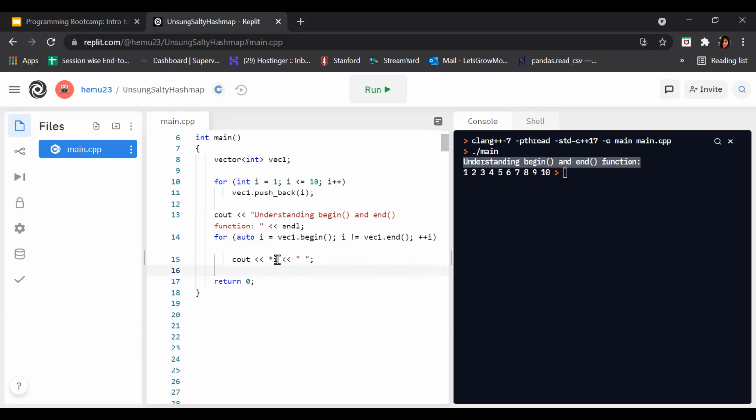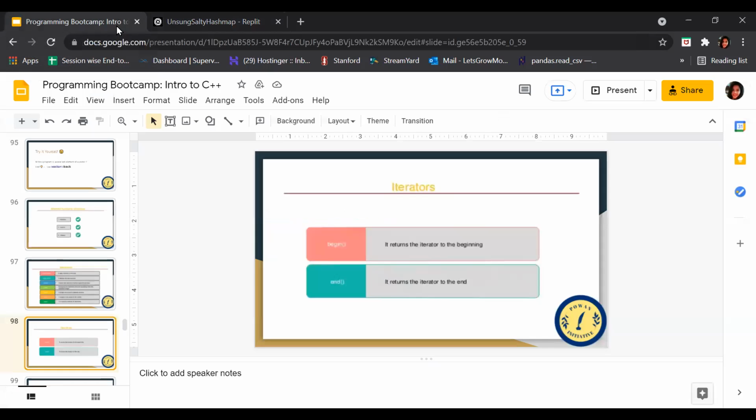So here we get 1 2 3 4 5 6 7 8 9 10. These iterators are used to point to the first and last elements of the vector. So that's all about iterators.